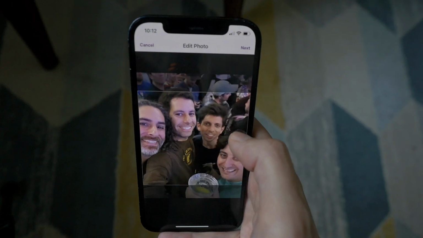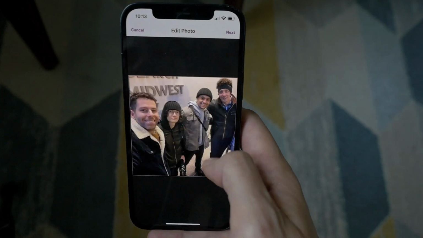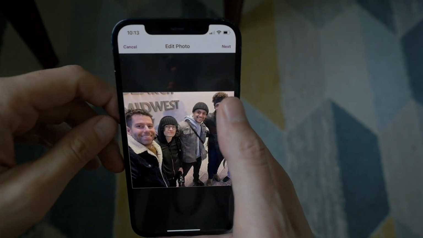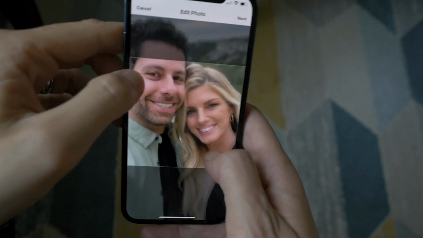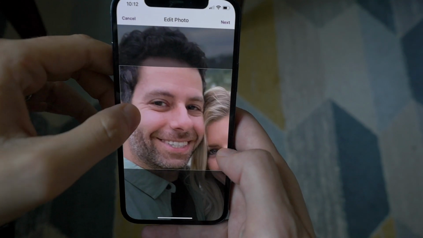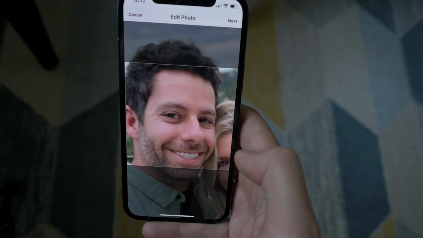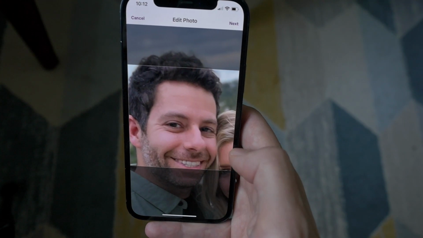I'm going to do a couple of group photos, which are normally not great photos to use, because what if there's someone in the photo that's more attractive? You just never know. But also it takes more time to figure out who the person is that you're trying to see and who the person is that's part of that profile. Then I'm going to do a picture of me cropping out an ex, which I know is a big no-no. So you do get to see at least my face a lot better, and you get to see who I am, but you're going to obviously see that this is a photo with an ex, which is also a big no-no. So those are the 6 photos that I'm going to use.